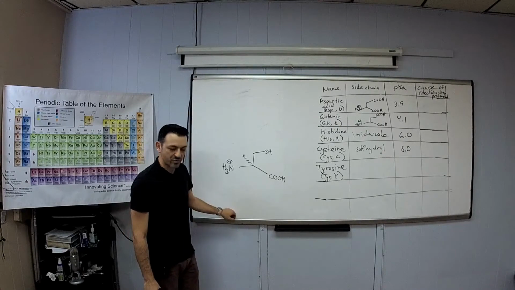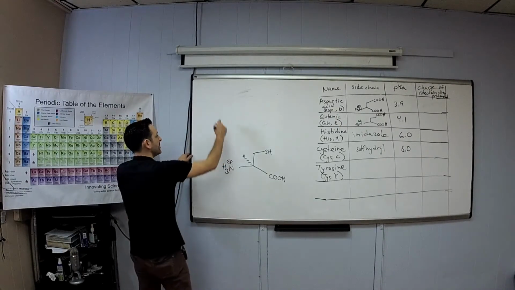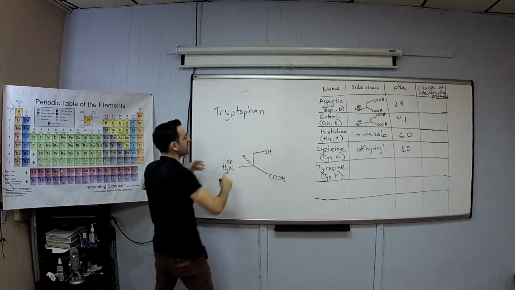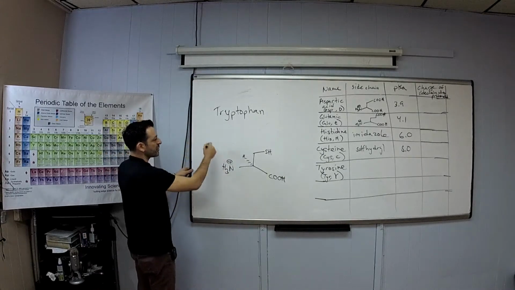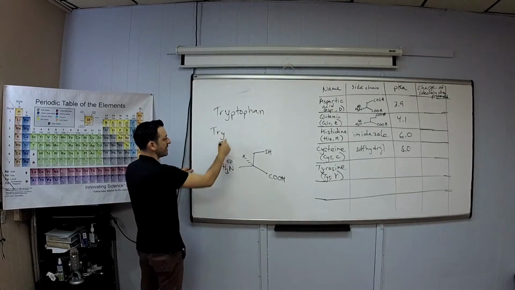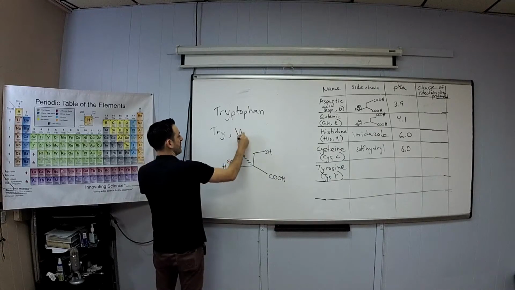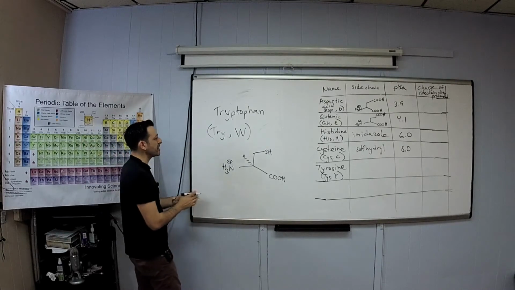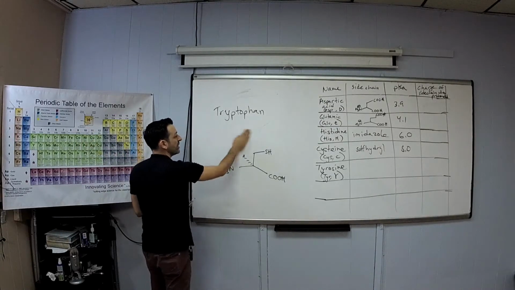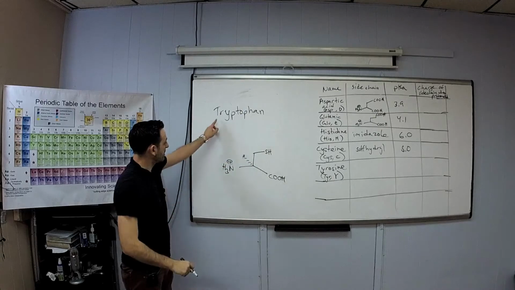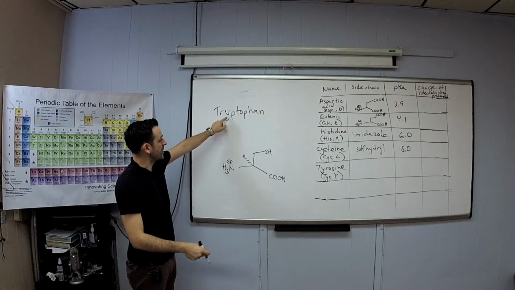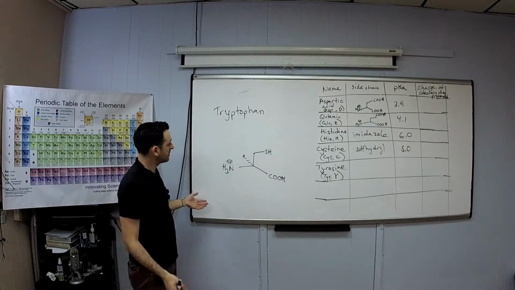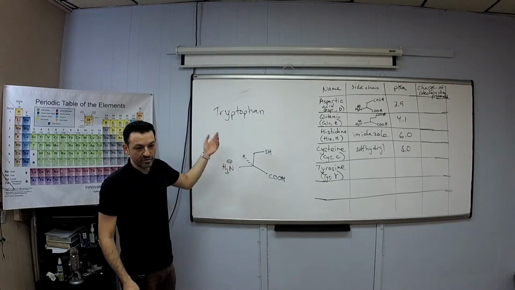The only one that has really a bizarre name is tryptophan. Not name, but a single letter code. The 3-letter code is TRY, right? But the single letter code is W. And that has nothing to do with anything, but we actually know why she picked W. All the letters are taken: T for threonine, R for arginine, Y for tyrosine, P for proline. Everything is taken, except O. She should have used O. But anyway,